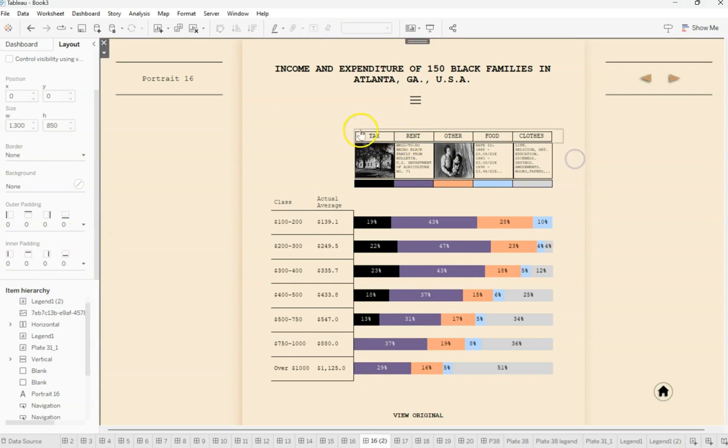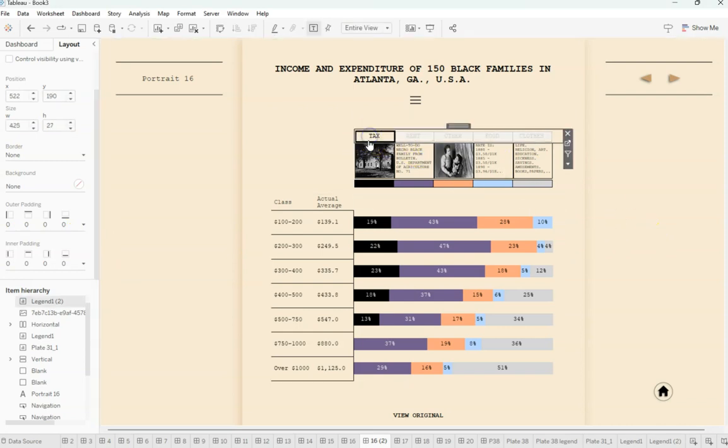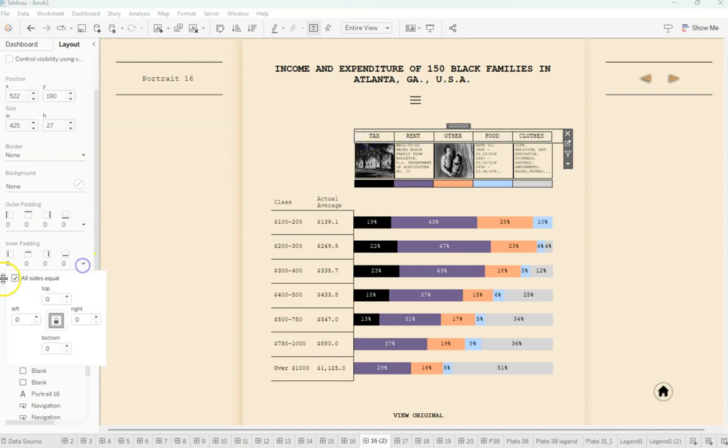I'm going to try to move this thing so that this part shows. To do that, I'm going to try the inner padding to see if that helps me fix it. Left, left, left, left. Okay, so that's done. I need to remove something from this background, so just give me a second to play